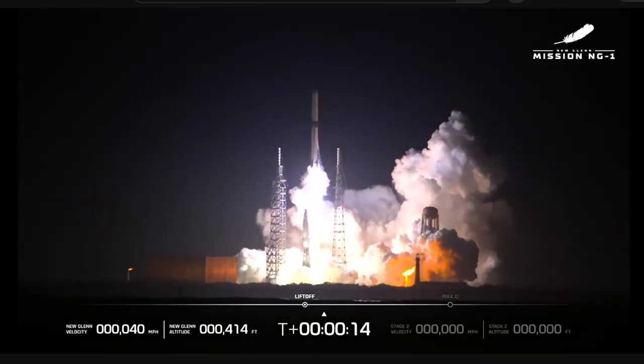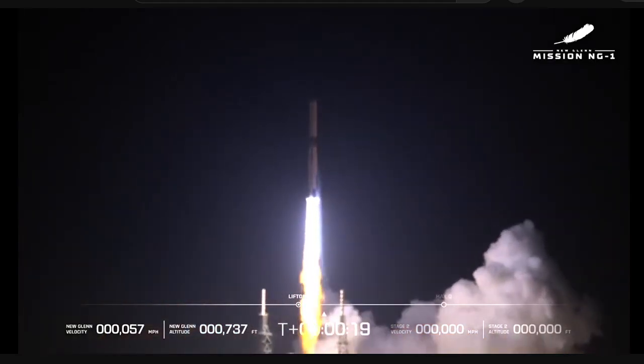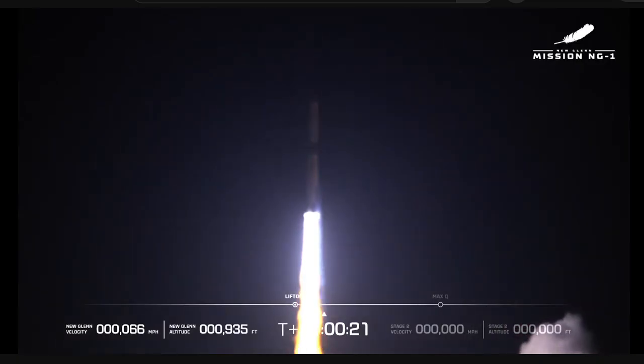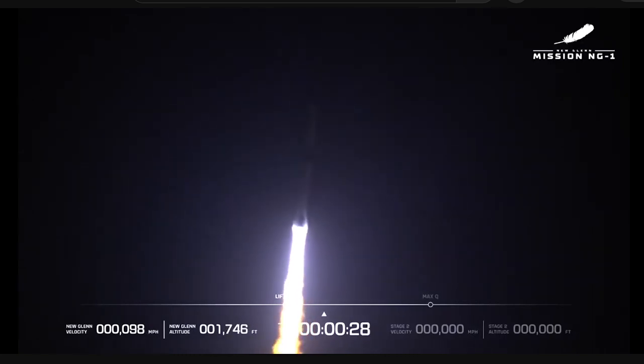All 7 engines at full thrust. Chamber pressures are good. Vehicle clears the tower. Now passing 18 seconds into flight. Engine chamber pressures look good. 27 seconds in, vehicle